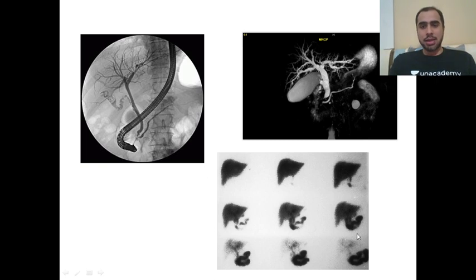And this is the HIDA scan. So this is the liver. A HIDA scan is a radionucleotide scan. You see hot, warm, cold areas. Now HIDA is the isotope which is excreted in bile by the liver. So it has a liver uptake. This is why you can see the liver, and this is the excretion of the HIDA scan. So a HIDA scan is basically a functional study of the liver and the biliary tree. Alright, these are the few tips and tricks that you need to know so that you are able to identify